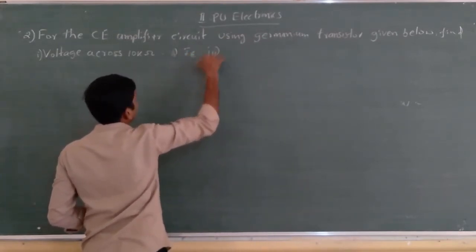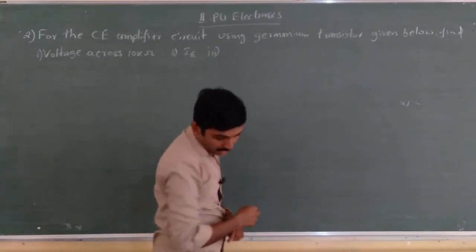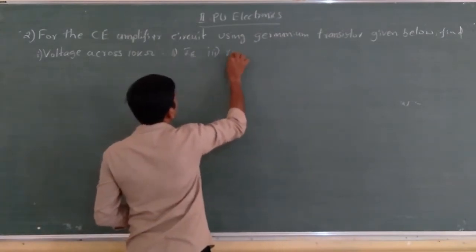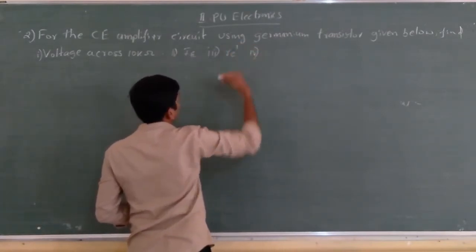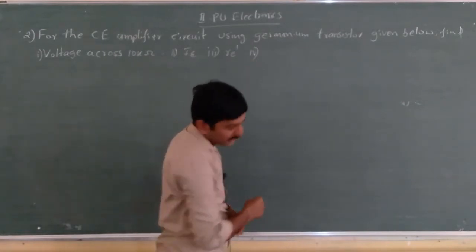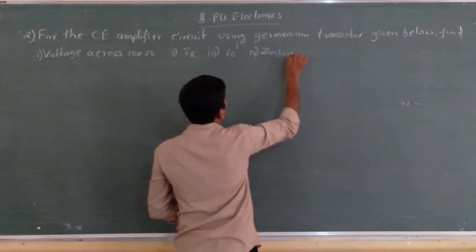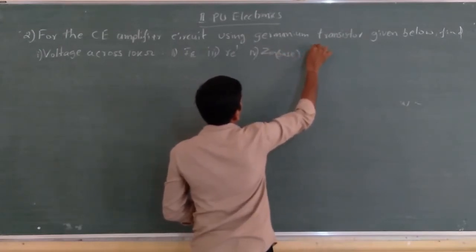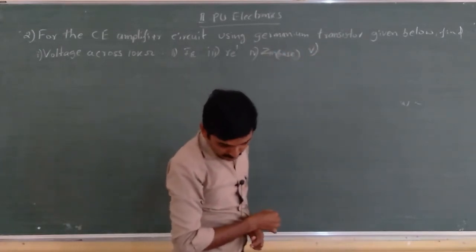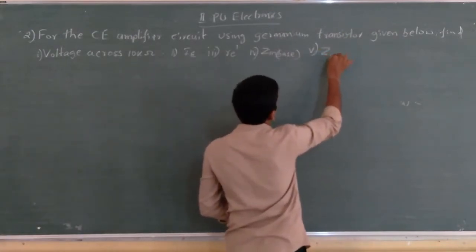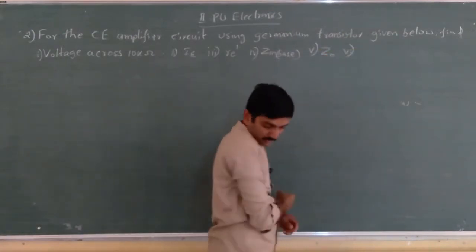Third one, RE dash. Fourth one, Z in base. Fifth one, Z naught. Sixth one,